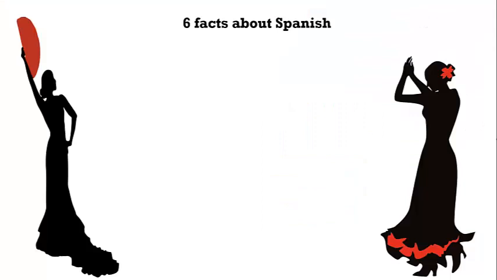6 facts about the Spanish language. Worldwide, there are more than 500 million Spanish speakers. Naturally, the pronunciation and use of Spanish at the oral level varies by country, but regional differences are not so important as to make the language incomprehensible to speakers of different areas. There is no single Spanish. There are different dialects of Spanish due to the evolution of the language in different regions.